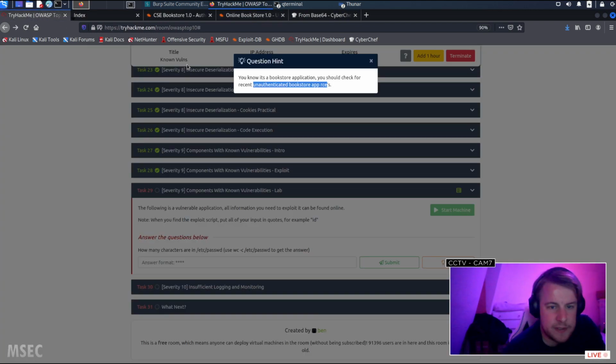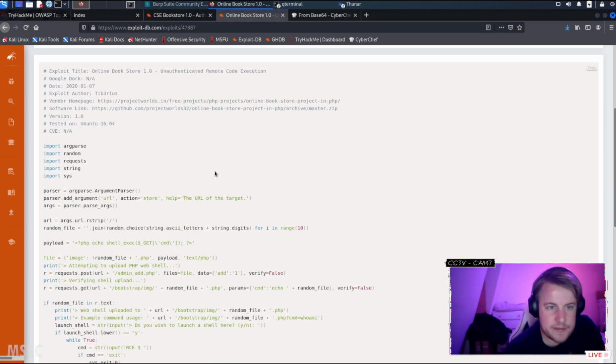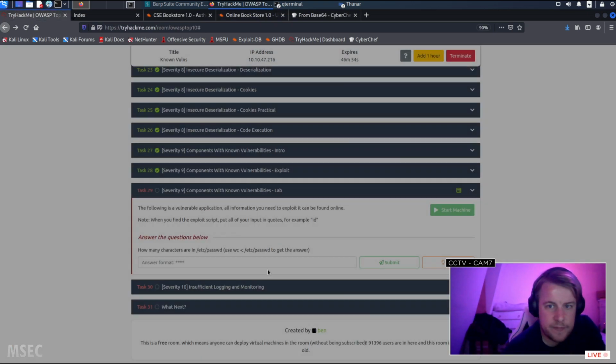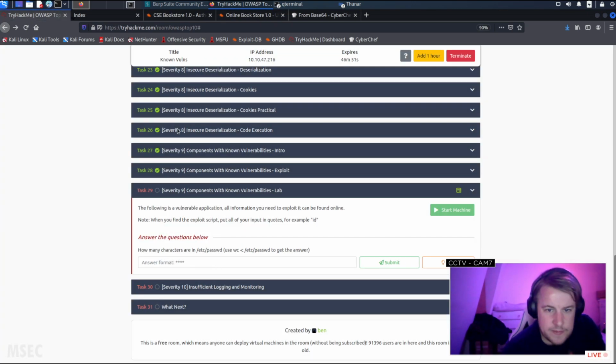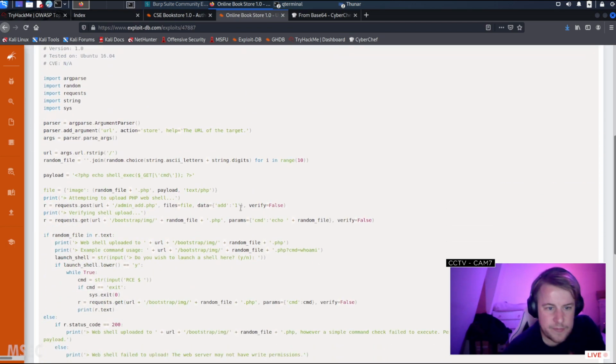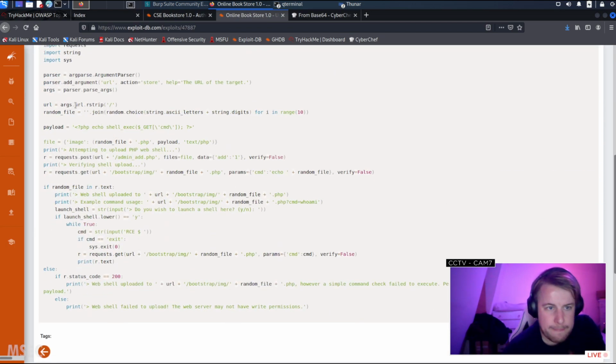Okay, so if we're using Tiberius's exploit, we need to do a reverse shell effectively. Web shell uploaded to